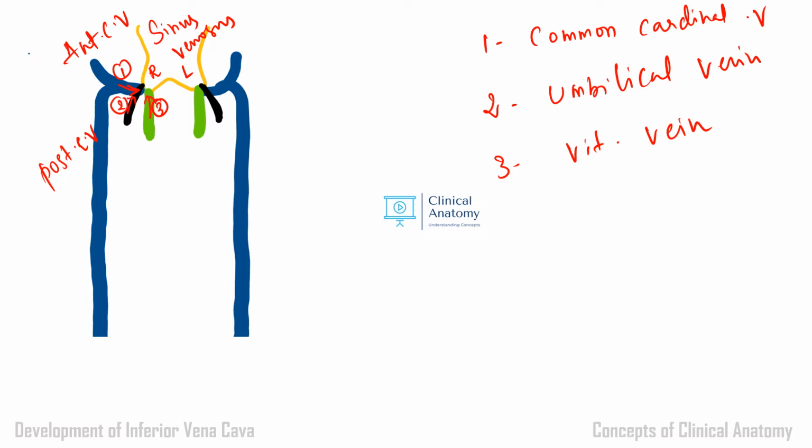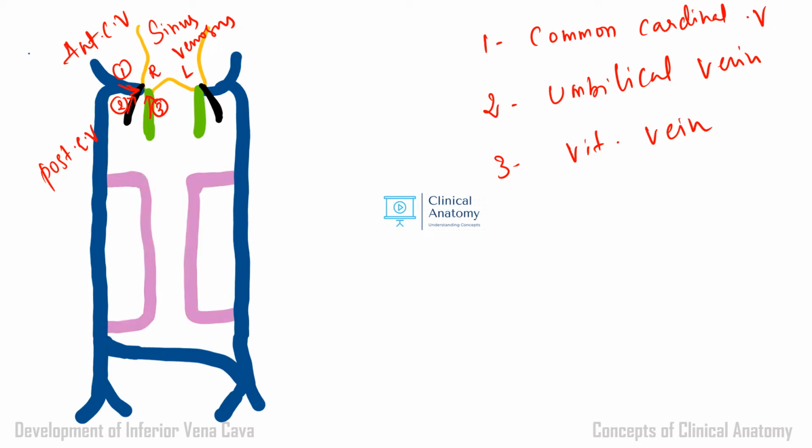When the fetus grows beyond 8th week, there will be communication of these two posterior cardinal veins. Then further there will be appearance of one more new vein, let us consider this is the fourth vein, which is known as the